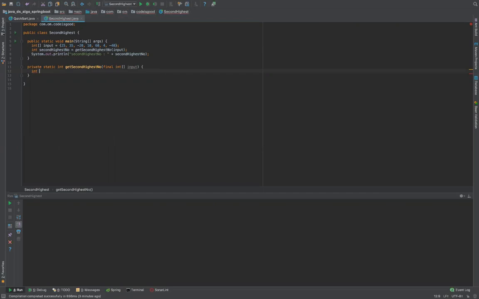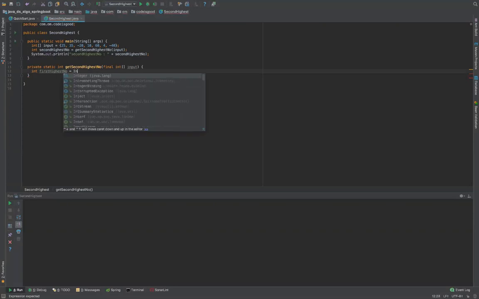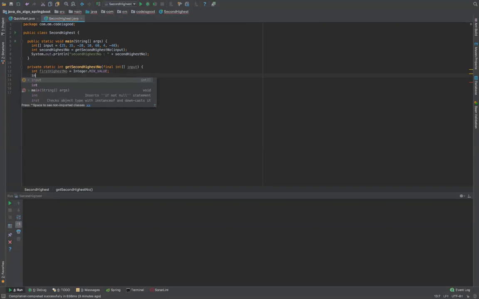First we'll create an integer firstHighestNumber, which we will initialize with Integer.MIN_VALUE, and similarly create another integer called secondHighestNumber, and this will be initialized again with Integer.MIN_VALUE.